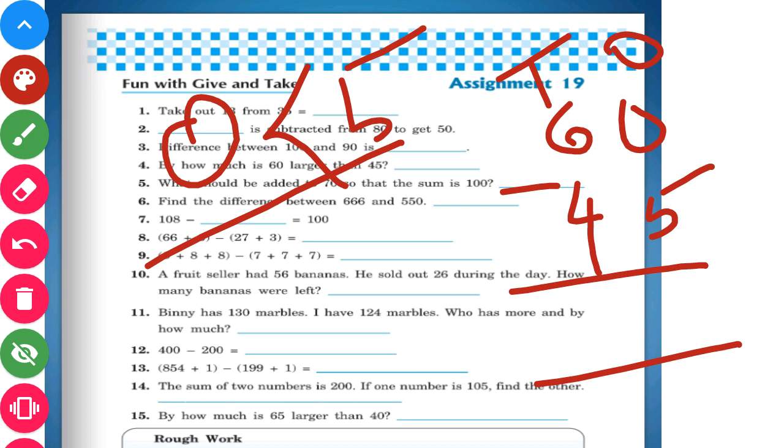Now this 0 will go to tens place and ask for borrowing. Now this 6 tens will give 1 ten in borrowing. So 1 ten is equal to 10 ones. So this 0 will become 10 now, and this 6 will become 5. Now 10 minus 5, how much will we get if we subtract 5 from 10? We will get 5.